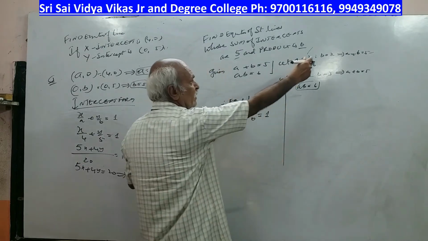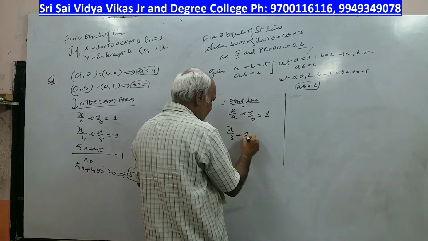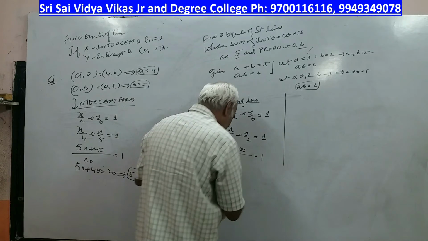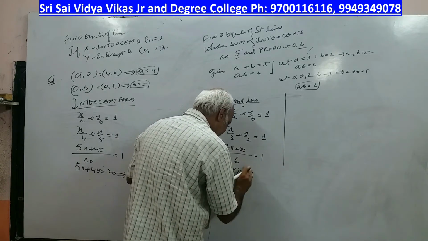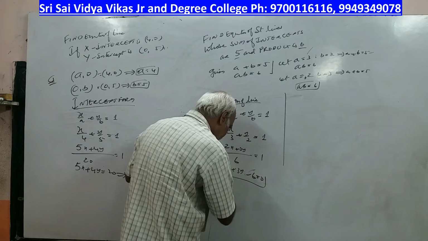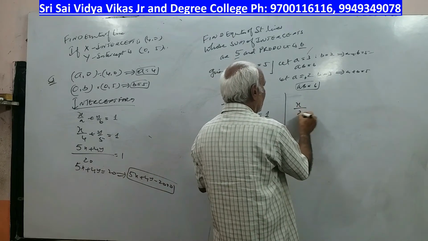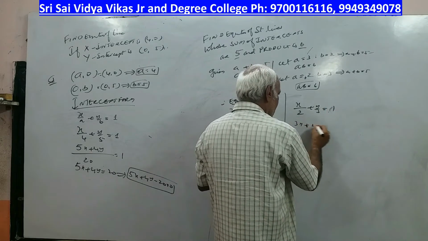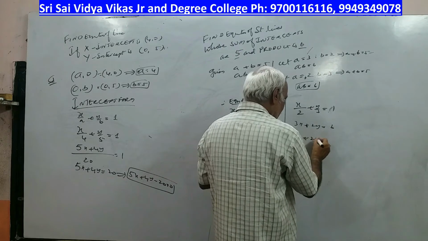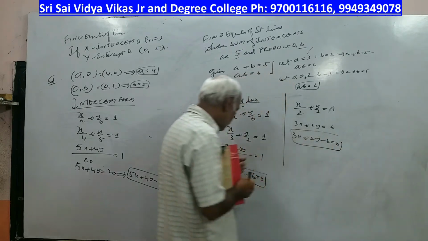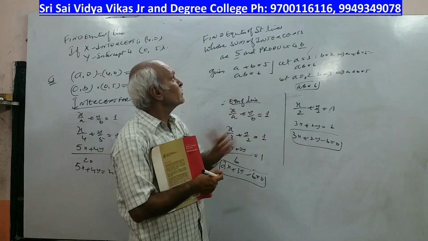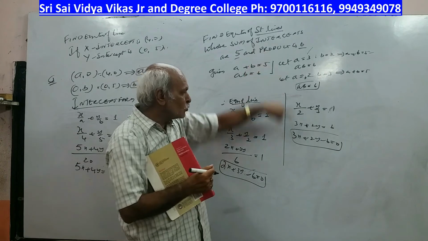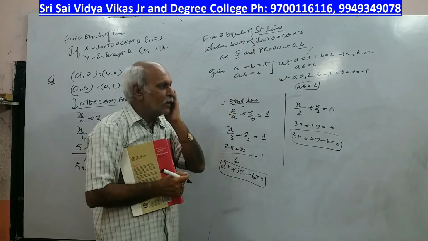First equation, a value is 3: x by 3 plus y by 2 is equal to 1. LCM is 6. 2x plus 3y minus 6 is equal to 0. And similarly, x by 2 plus y by 3 is equal to 1. Then 3x plus 2y is equal to 6, 3x plus 2y minus 6 is equal to 0. Observe here, 2x plus 3y minus 6 here, 3. That's why he says find the equation of straight lines. He did not say straight line. Straight line means only one. Here 2 conditions will come. 2 marks, one time. Okay, please note down this.